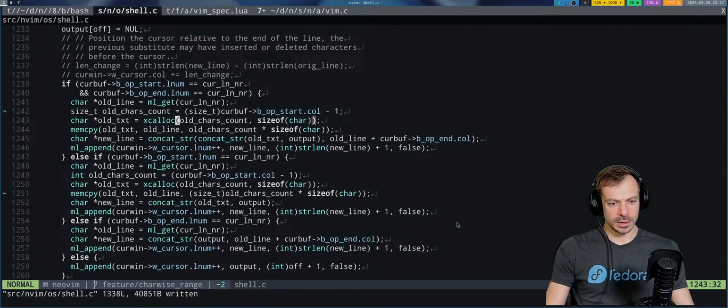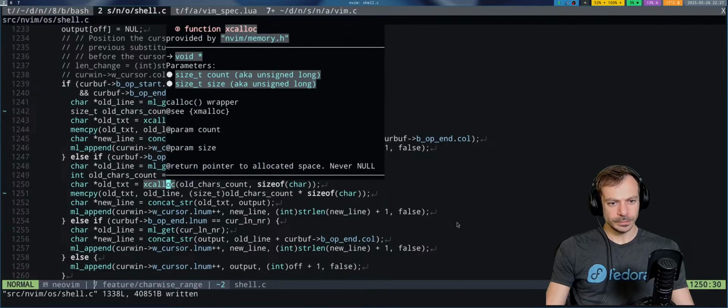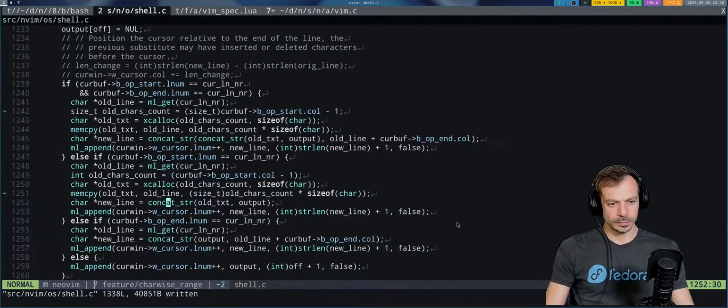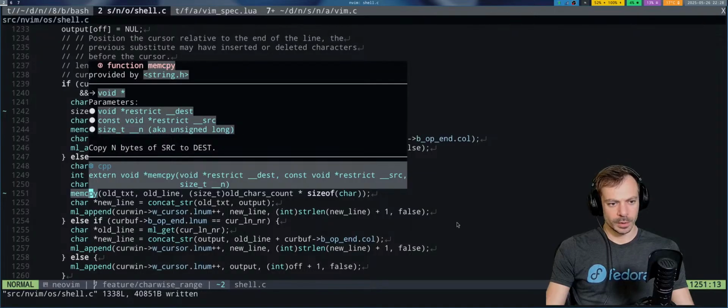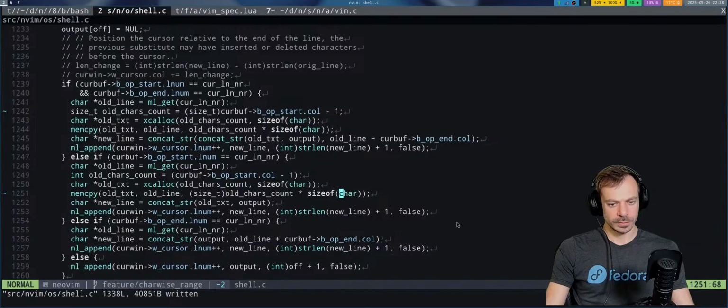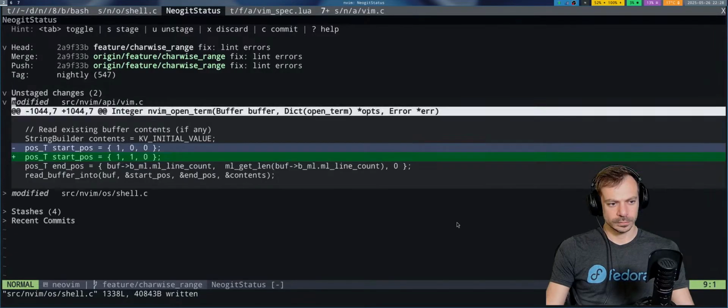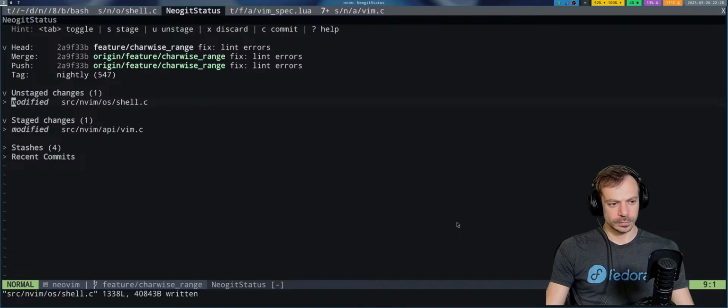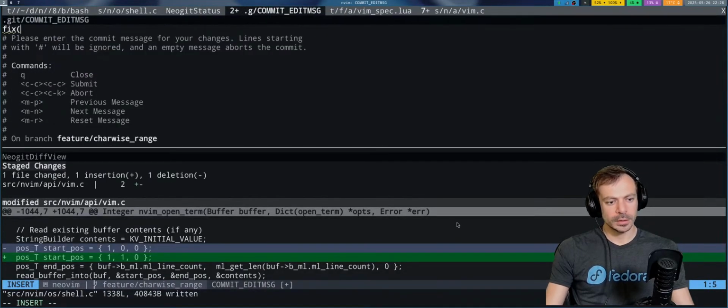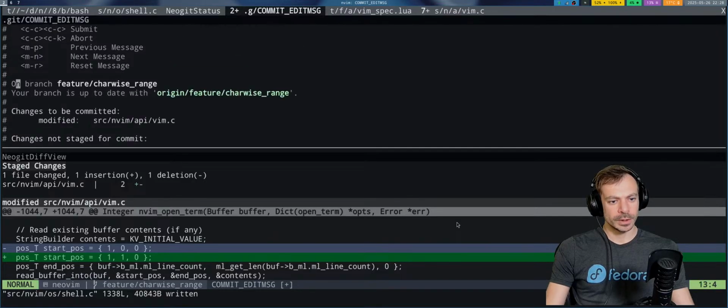Because then it should be size_t. Here it awaits also a size_t. Here, memcpy also size_t. This one will be fix. Fix actually does